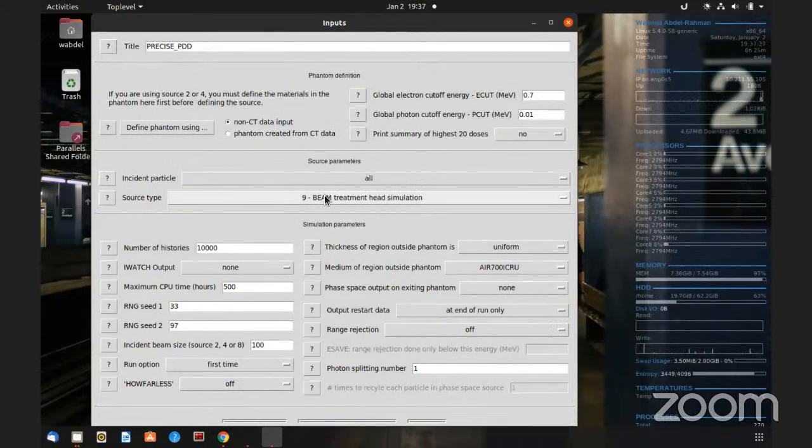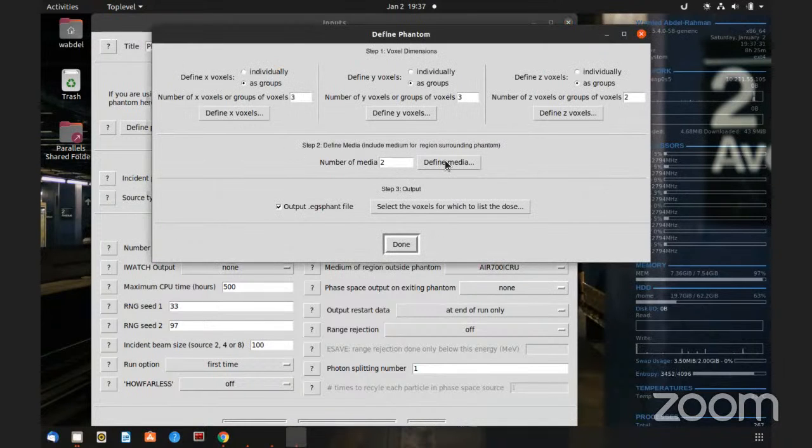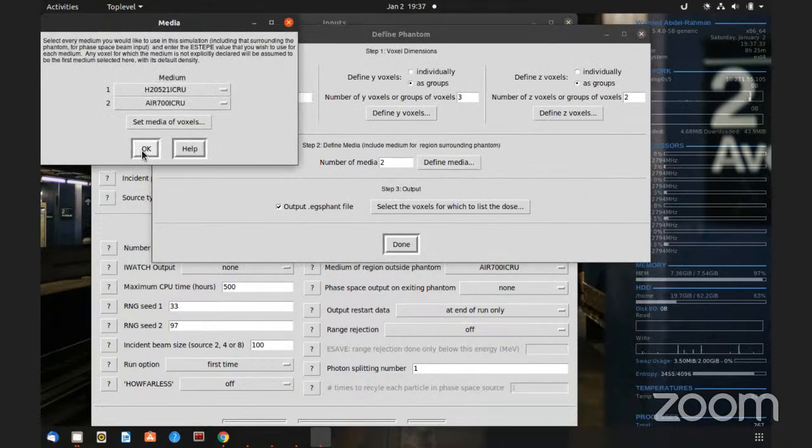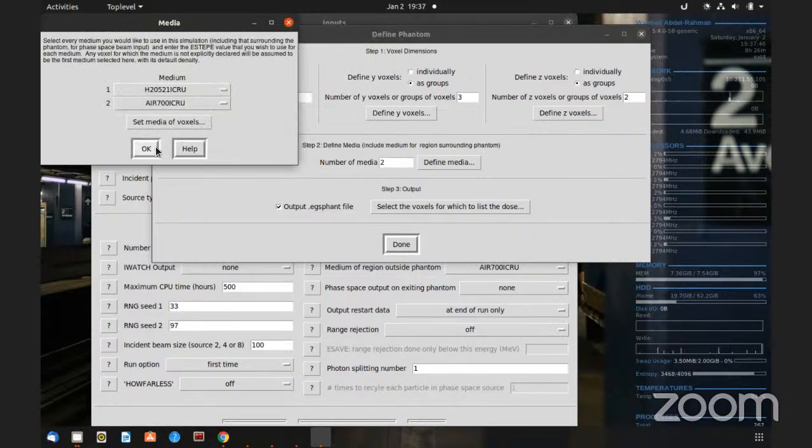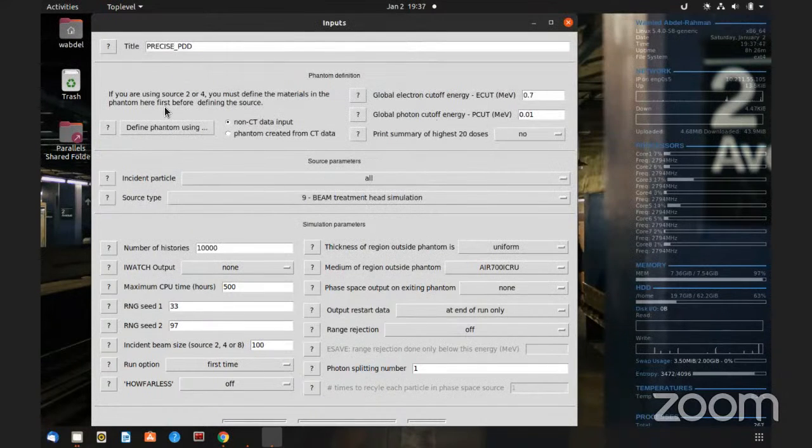Okay, let's go and change define media. Fine, I select maybe in this. Oh, here. Okay, this is vacuum. I have to put this water. Okay, sir. Because I had something wrong in the naming, maybe it defaulted to vacuum. So now let's save,